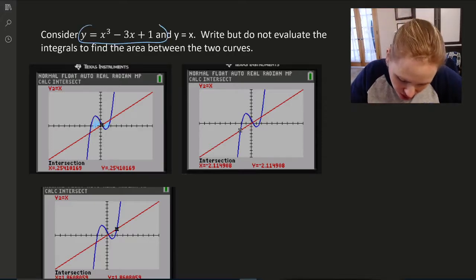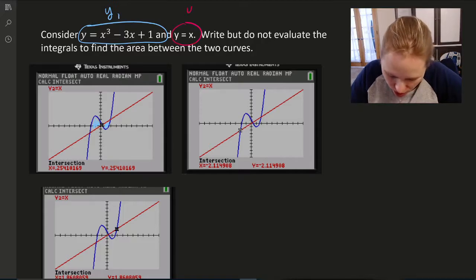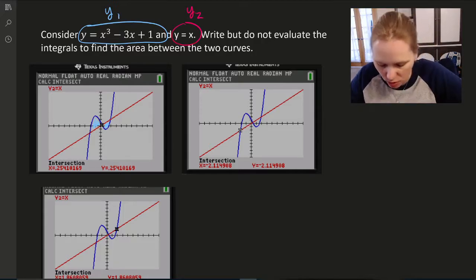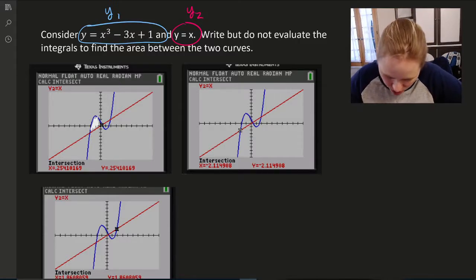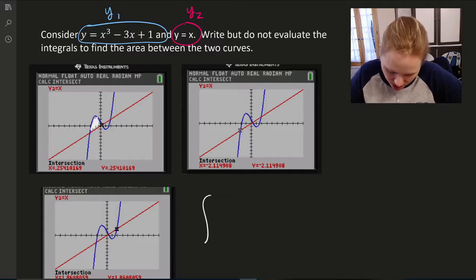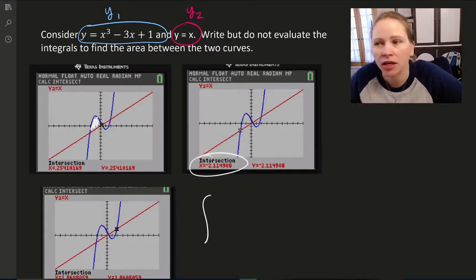I'm going to, for the sake of ease, label this y1. Always label your functions. We'll label this y2. That way we know blue and red, it matches up. So my first integral is going to be to find this space right here. So let's go ahead and set that up. I'm going to integrate, and I need this left intersection point. Well, that's this value right here, negative